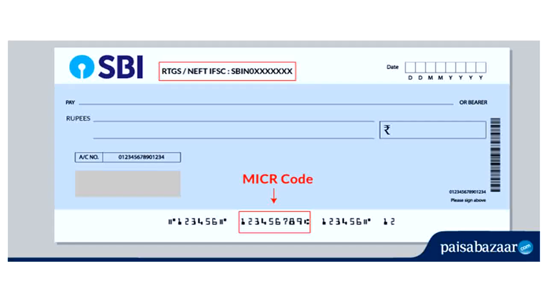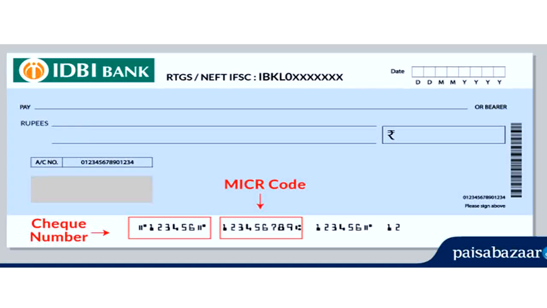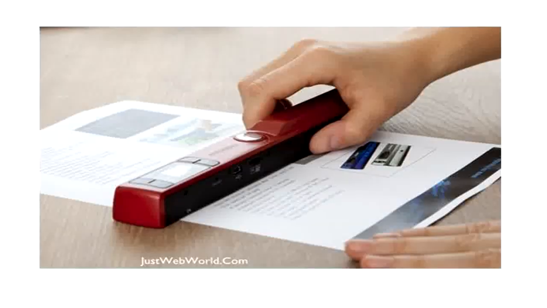Next one is magnetic ink character reader, MICR. Mainly it is used in bank checkbooks. It reads magnetic ink characters. Different banks you can see it. MICR codes can be read in the banks. It recognizes in banks only. They have special machines. So what is the full form of MICR? Magnetic ink character reader.